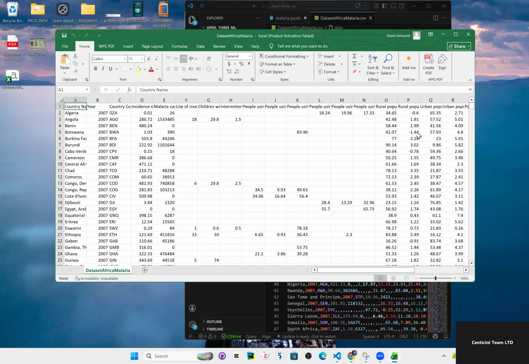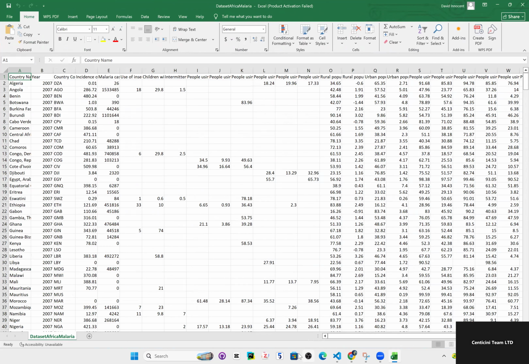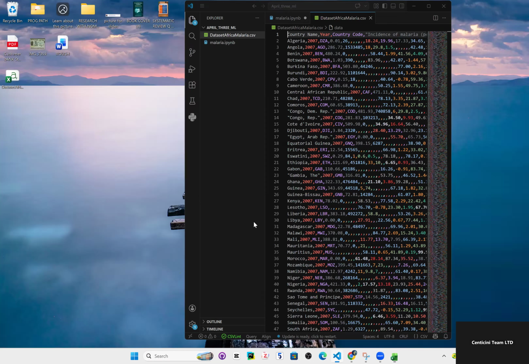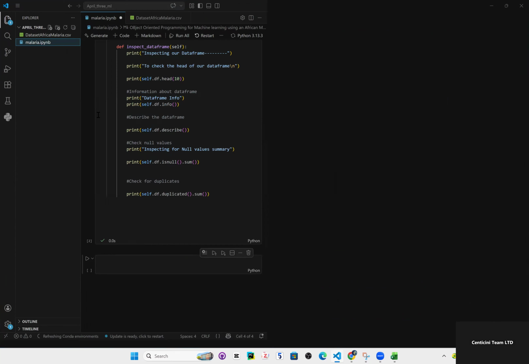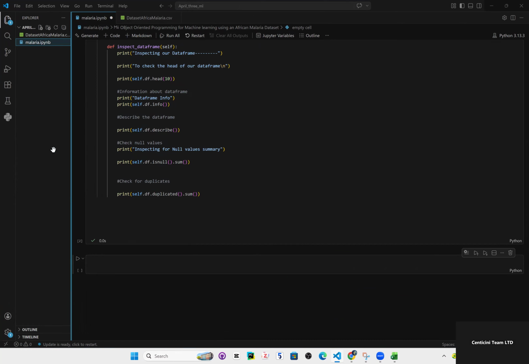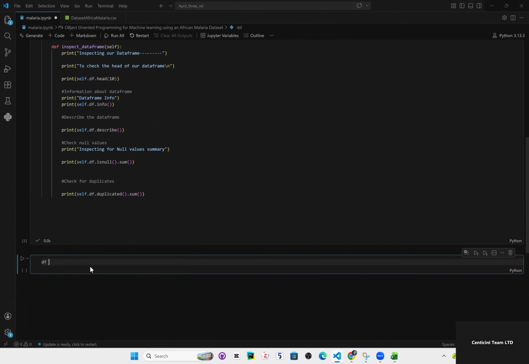And okay, I could just close that for you. And so this is what the data set looks like. I just want to show you something here real quick, because we are running this in classes. So I could just say something like df, because it is a global space now. It's called pd.read_csv, and then I'm going to pass in